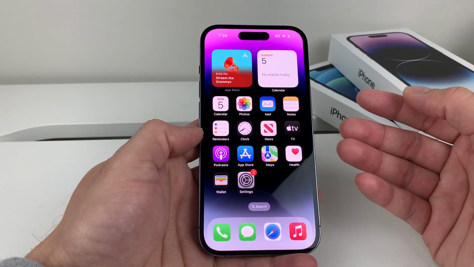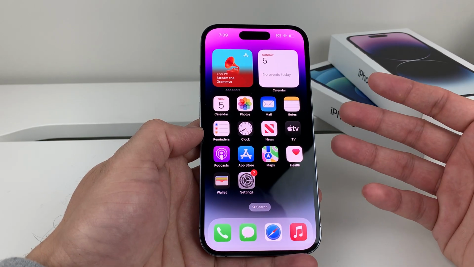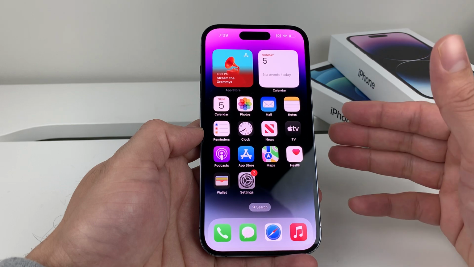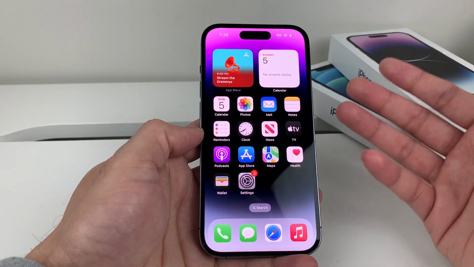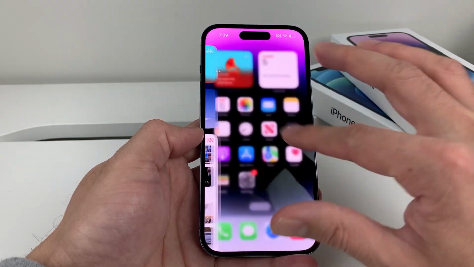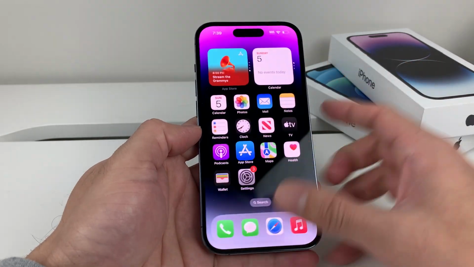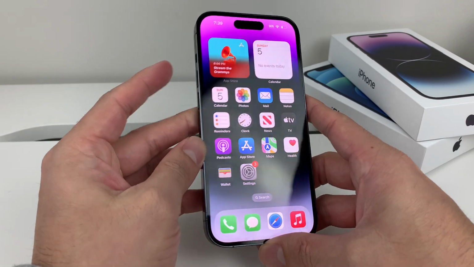So force restart is a quick way to fix any software related issues. Sometimes the phone is running for some time or it's been updated recently. There could be some kind of bug fixes that need to be resolved, and a good force restart always helps with that. And to do that, we're going to go ahead and on iPhone here, for example, on this phone,